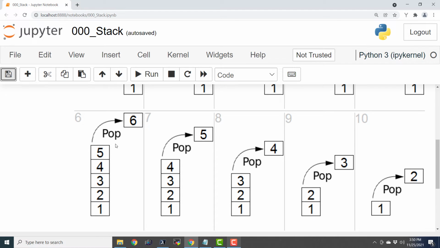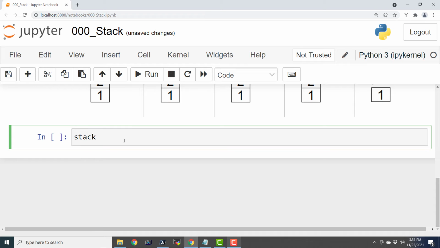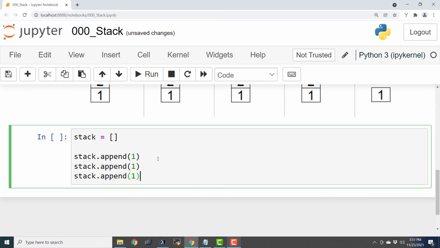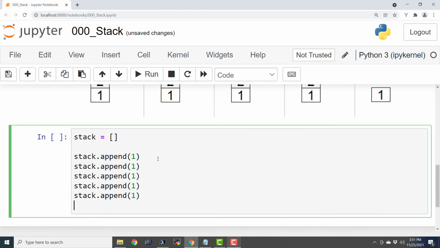Now we are going to see how to create a stack with lists in Python. Lists in Python are a built-in data structure for the Python programming language, and there are multiple methods that can simulate the functionality of stack. So let us see how it can be done. I'm going to say stack is an empty list like this. We can use the append function of the list to push an item. So I'm going to say 1, and similarly I will continue pushing the items as shown in the image here.